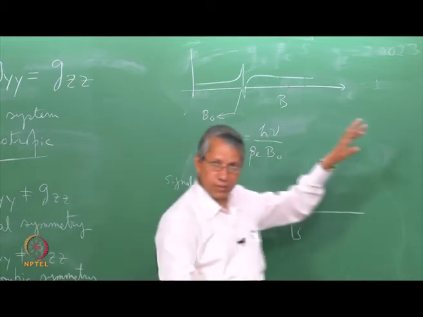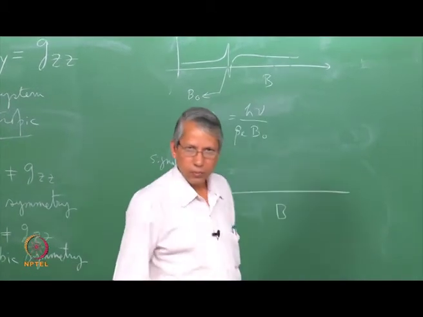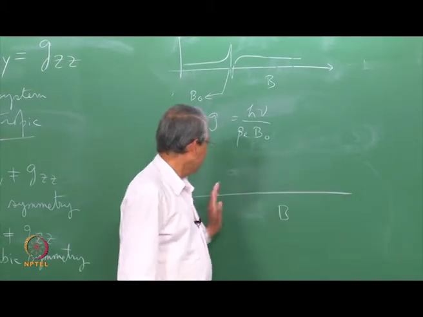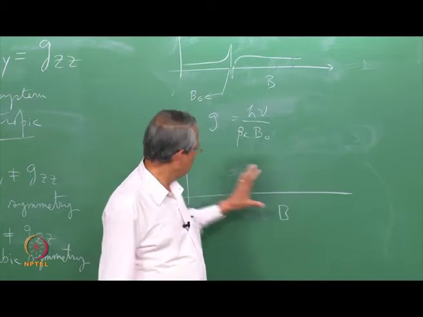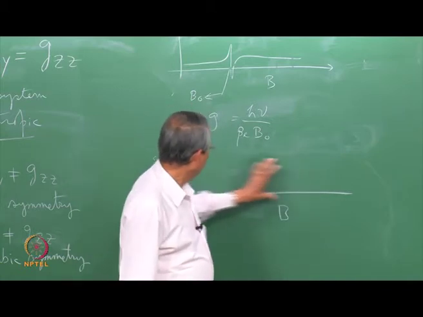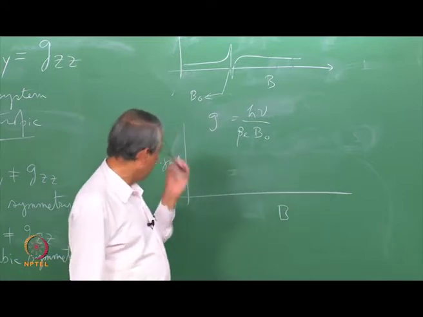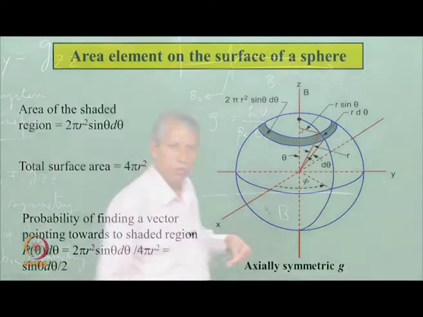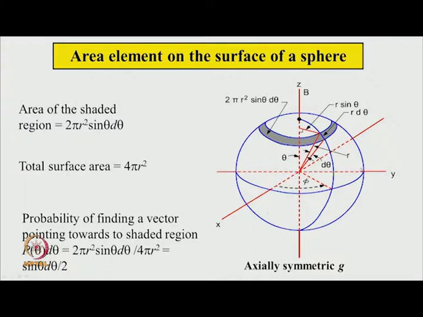So, as the different orientations are available in case of powder, this will also have a certain range of allowed magnetic field, as we have to find out whether all such magnetic field positions are equally likely or there is some selectivity. It is very obvious that all orientations are equally likely. So, we are going to see that even though all orientations are equally likely, all these magnetic field positions are not equally likely. So, first let us find out how many magnetic moments will point to a certain direction.